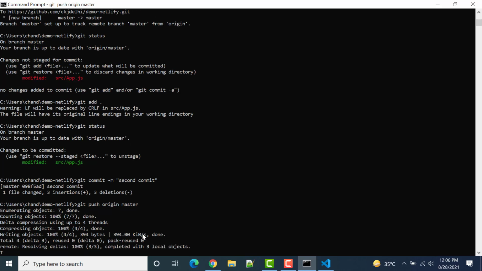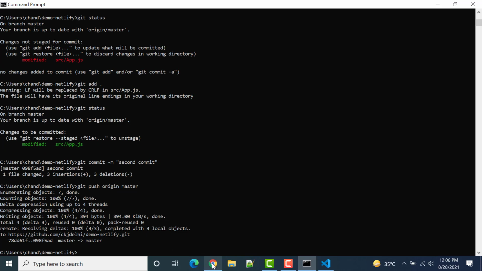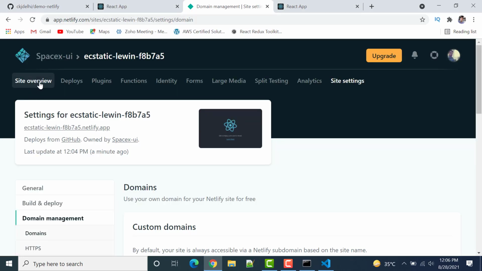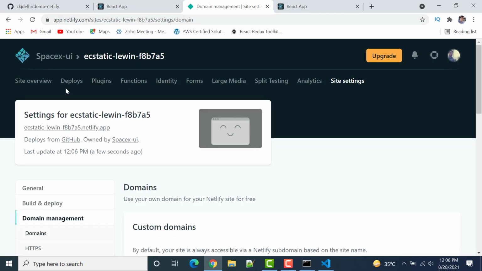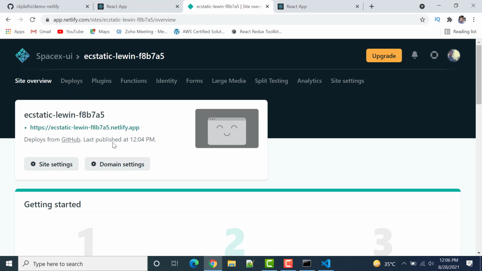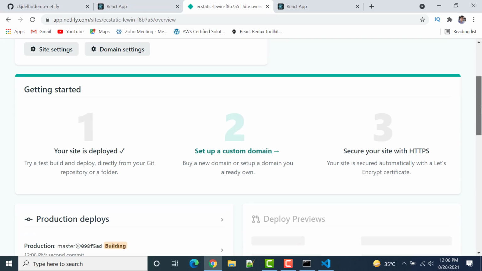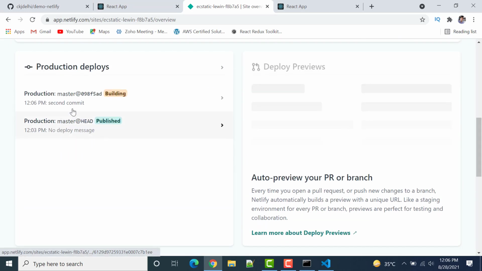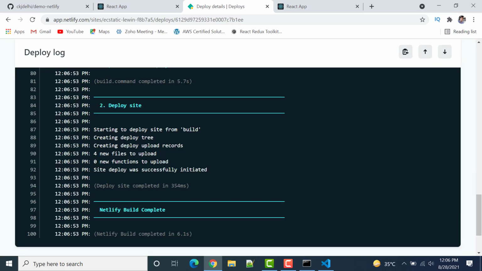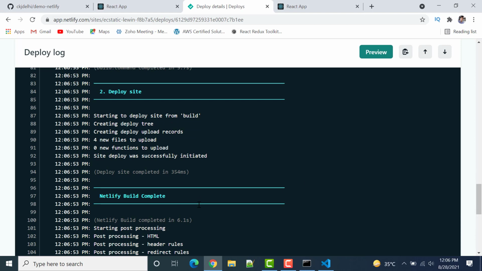So this code will be pushed to master, and once you push any changes to master, your application will start building the project. If I go here and see, the second one has started building. Once this is completed, you can also see the logs.